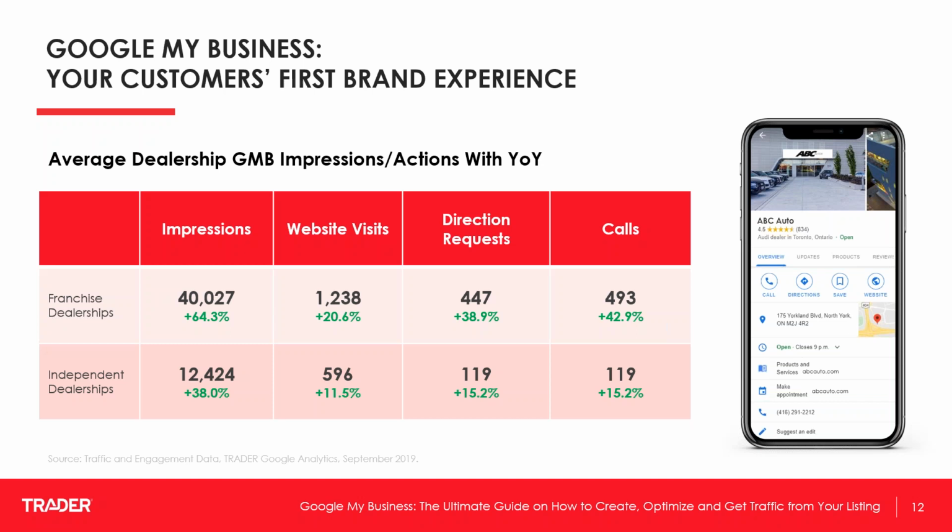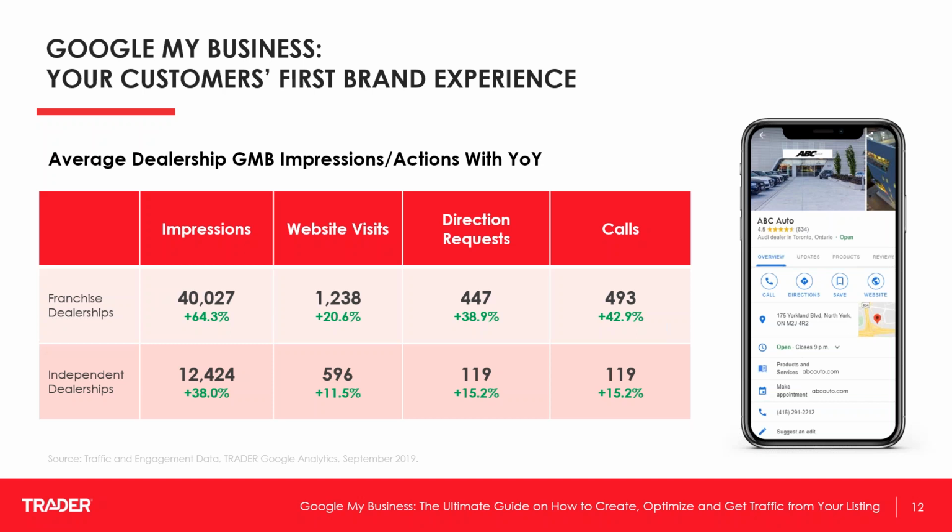And we can see the average number of impressions, so how many times the Google My Business listing shows up in search, how many visits that listing generates to the website, how many direction requests it generates, and how many phone calls it generates. So the numbers in black there are the average for a franchise dealership or an independent dealership in a given month, and the numbers in green are the growth year over year.